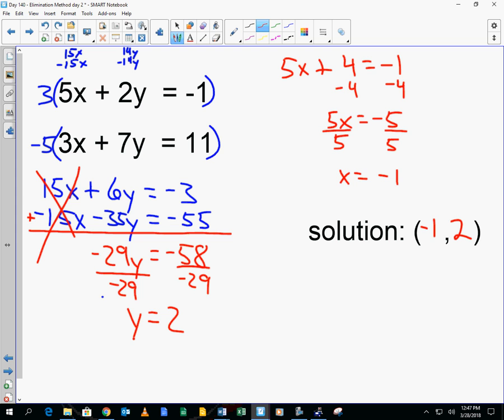Good work, folks. Okay. You have your assignment in front of you. You've now learned all the parts: graphing, substitution, and elimination. It's going to be time for us to practice this and solidify our learning so we can test. Right now, our schedule will be to test next week, most likely Thursday. On Wednesday or on Tuesday, you guys will not have